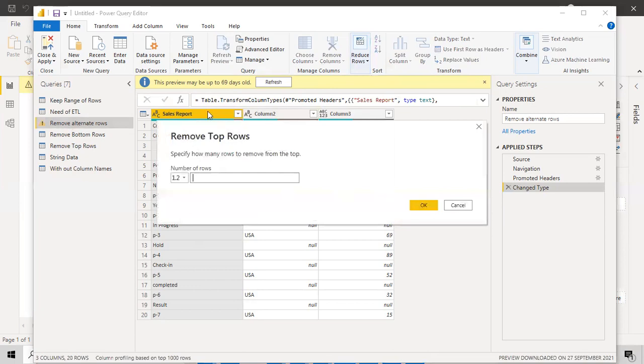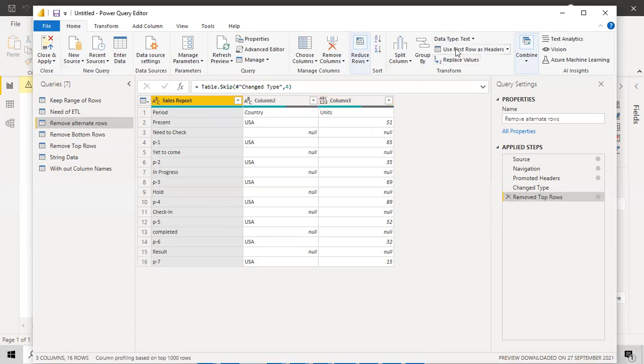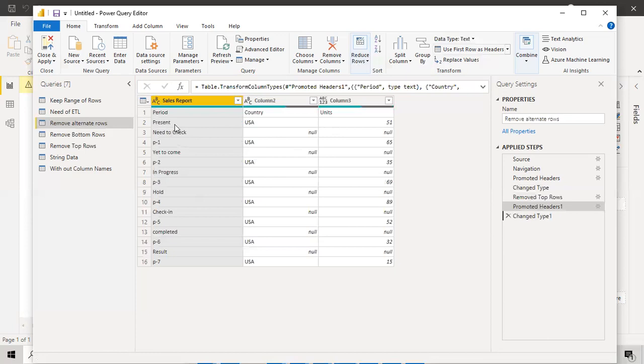Coming to this, it seems like my header, so I'll go as header. And then here you can see that. Okay, so right now I'll explain over here. I do have the second row as dirty data, and then again the 4th row is dirty data, and again the 6th row is dirty data. You can see this. So let us assume, as I told, that from the second row, every alternate row is dirty data.